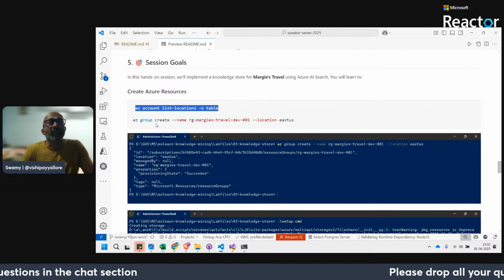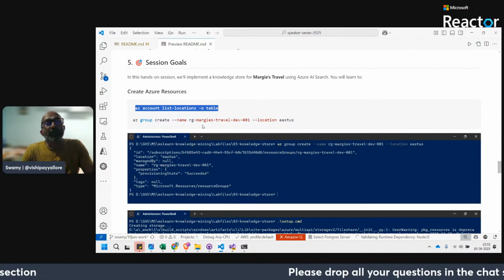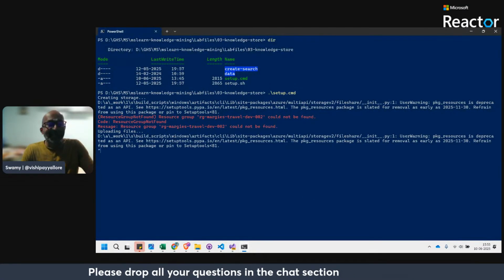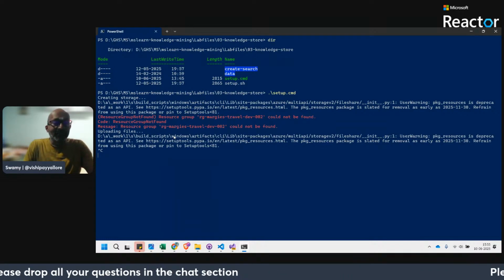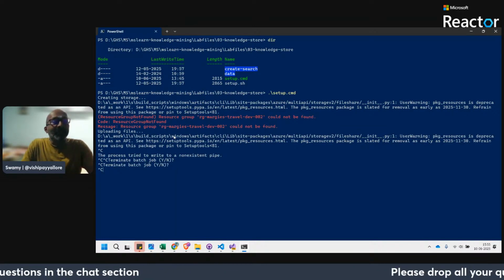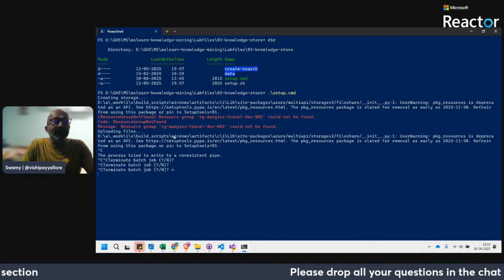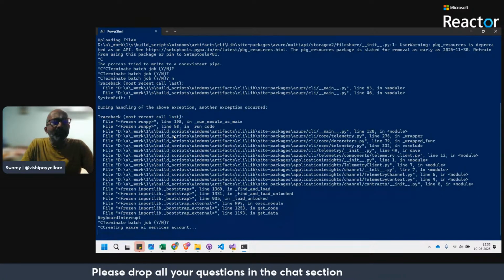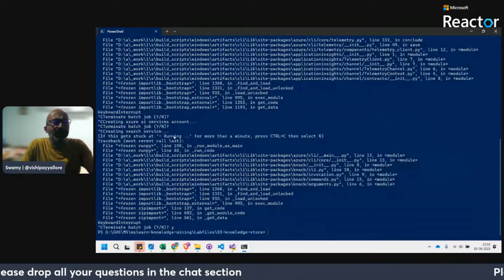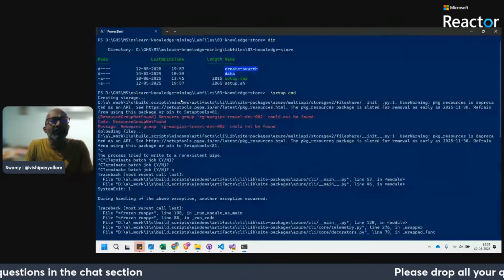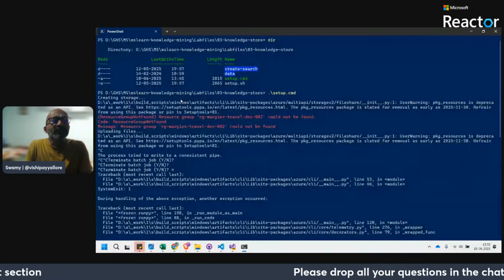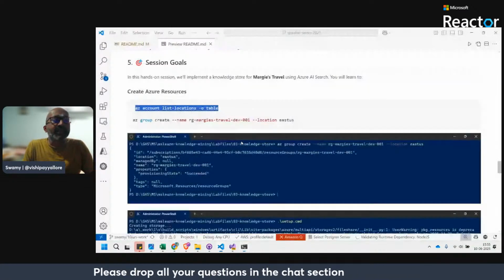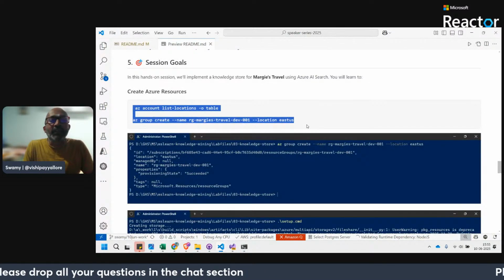Okay, before that there was some other command which I forgot to execute, to create the group. I should have executed that before doing it. I executed this, so things will fail. Let's not proceed with that. I was in a little hurry. No, no, no, don't create. What are you creating? Could not be found. Okay, I know that. So let's execute this next command. I was in a little hurry. I'm sorry for that.